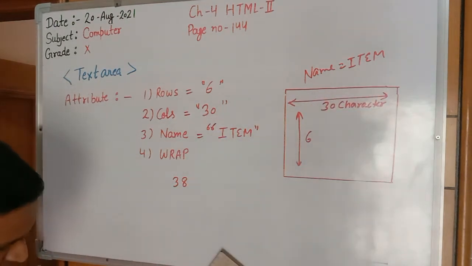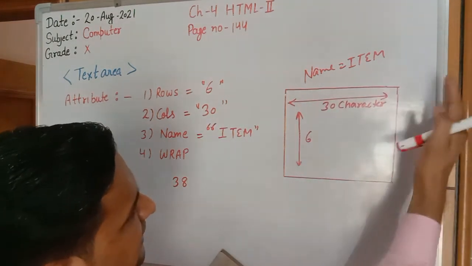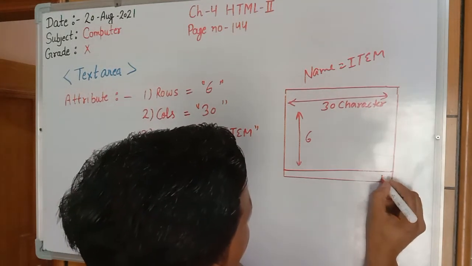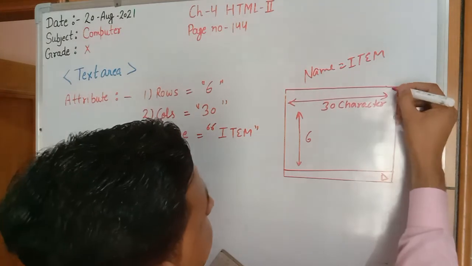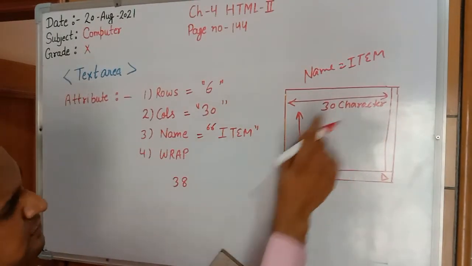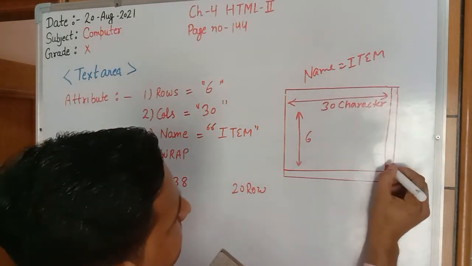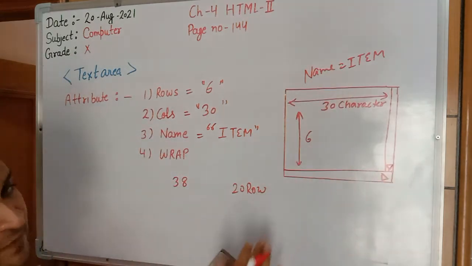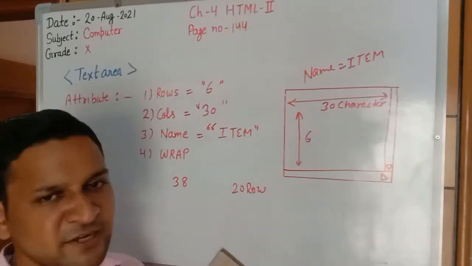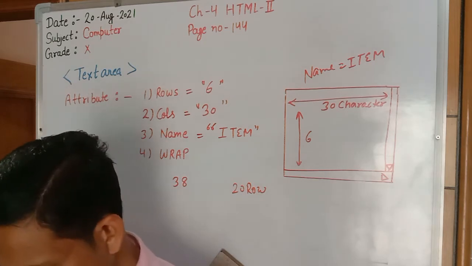If it is off, in that case, it will go to the rest of the area, but it will not be displayed. We need the slider to move to the right side. Slider will be there, we need to move to the right side. Same thing with rows and columns. Like we are preparing size 30 by 6, but we are writing 20 rows. So what will happen? In this, 6 rows will be displayed and 14 rows will be in the slider area at the bottom. We can display it with a slider option. So this is about your text area program.